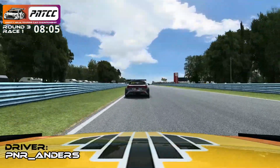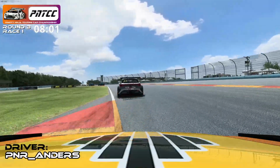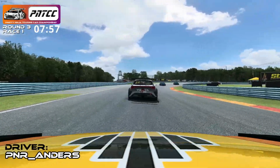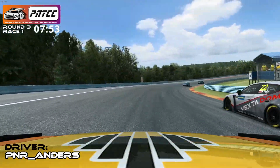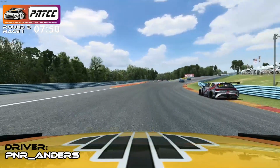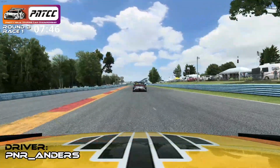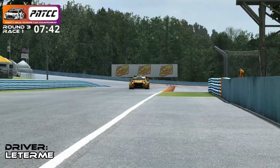So coming to the bus stop, you can see the slip going into action there. You ride over the first right hand side of the curb, you kind of miss the third curb and ride over the fourth to get a nice smooth exit, as Anders tries to look around the outside. Bit of a stupid move there, really. Lose all momentum and speed. Now Galaxo has got a nice little bit of a gap between as we go on board with Letterme,